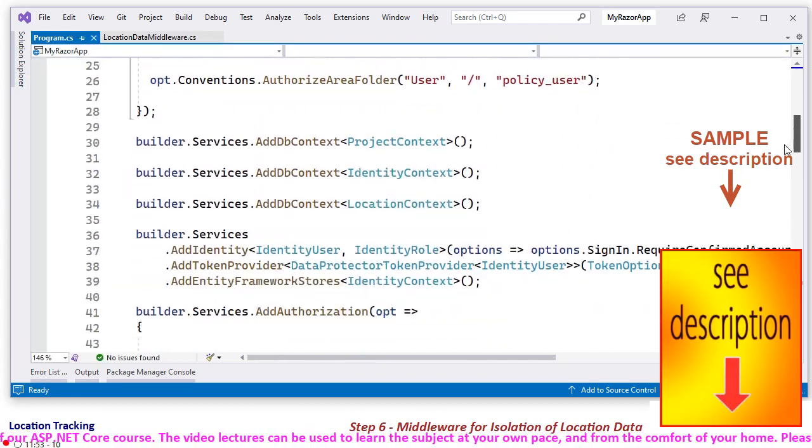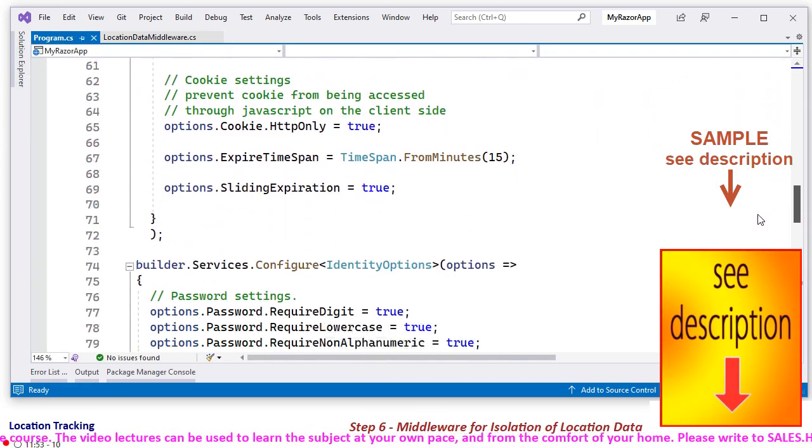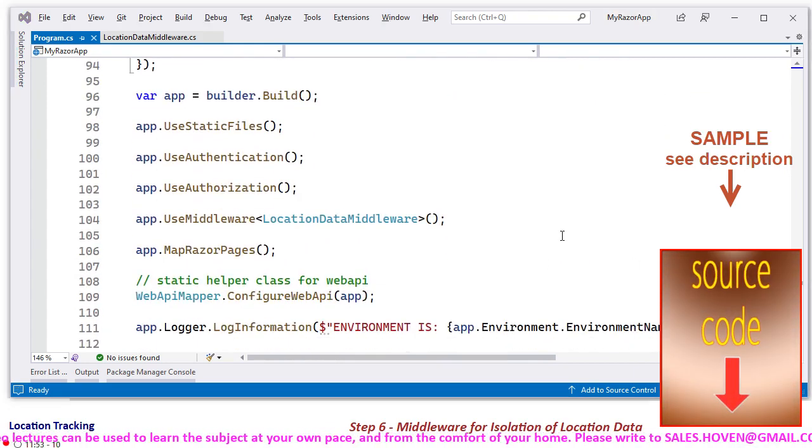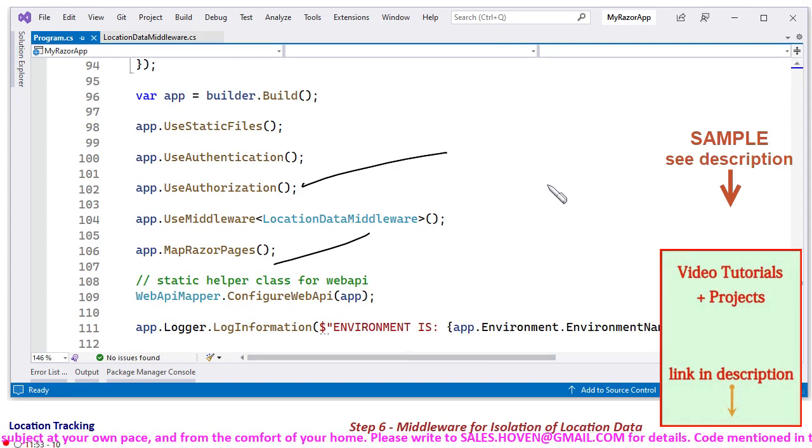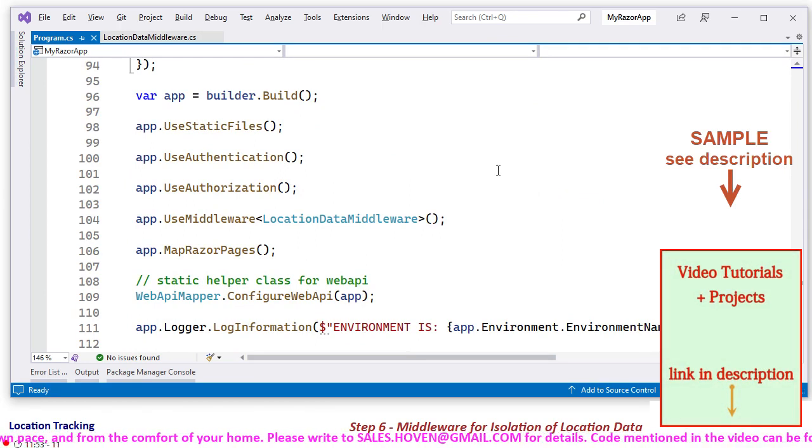It is fitted right between the authorization and the map Razor pages calls. So with this middleware in place,